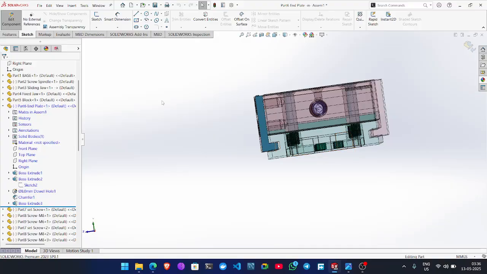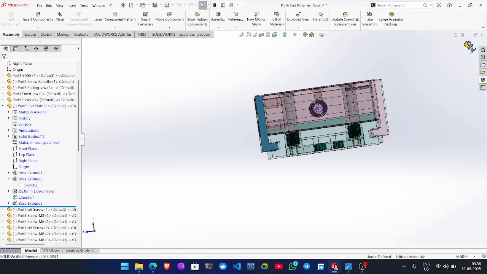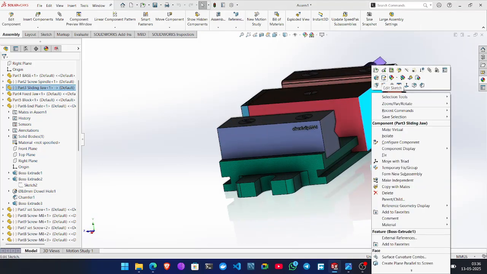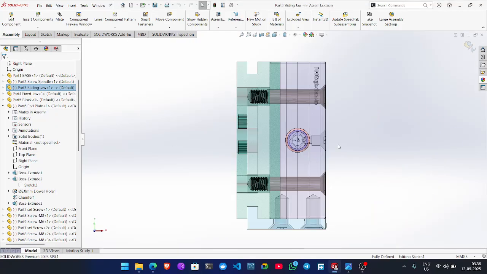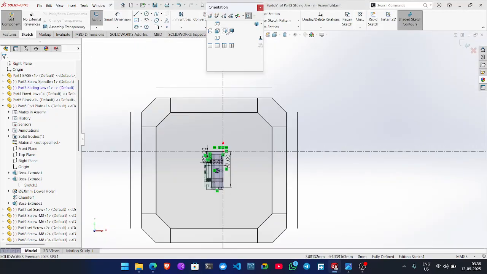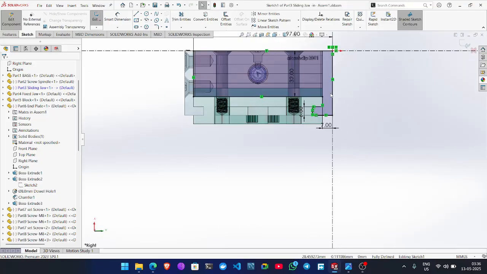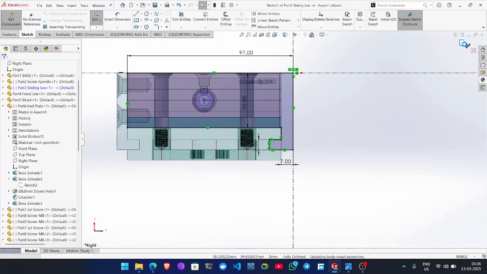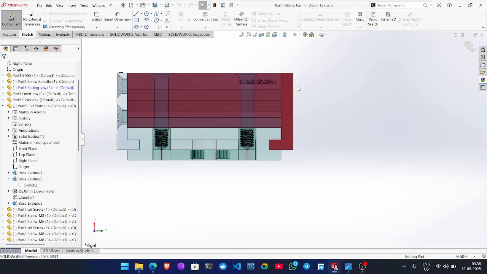How can you do this? Okay, just exit from the assembly editor, just right click this part and edit sketch. Now press space, and according to your best view, you can see this is the perfect thing. And after some time it will not look like this. Okay, so you can see there are all the sketch options, smart dimension, everything is here, so you can update and modify and save this.